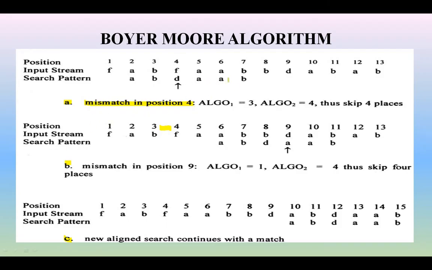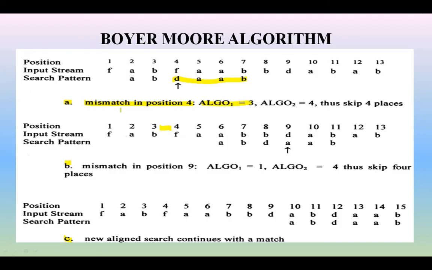Okay, so next, coming to the next pattern. So what is algo 2? It is saying algo 2 always counts from left to right, that is the fourth position. And algo 1 is saying the next position where you have to move from where the mismatch occurs, from left to right, starting from the string. Algo 3 is saying the mismatch occurs from 1 to 3, so it occurs at 1 2 3, and it has to move again from the sixth position, 1 2 3. That is nothing but algo 3.